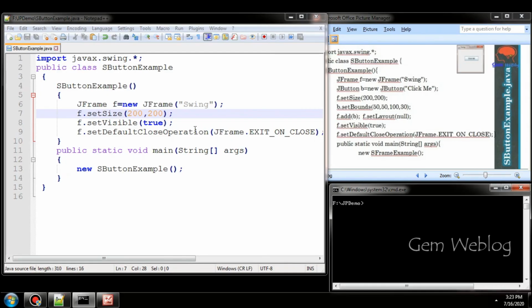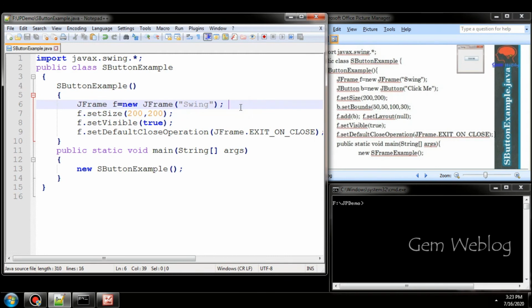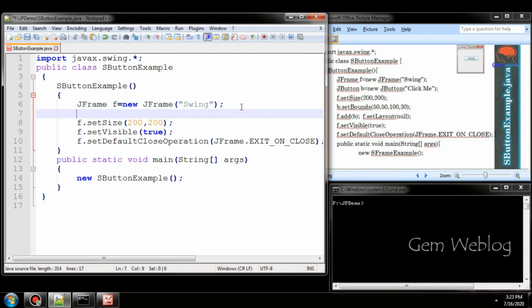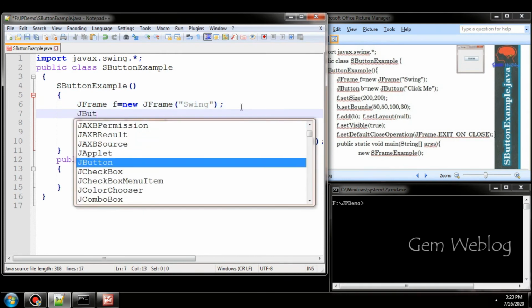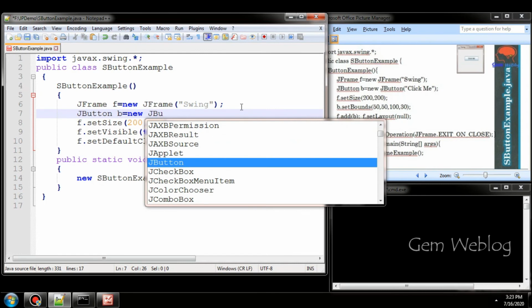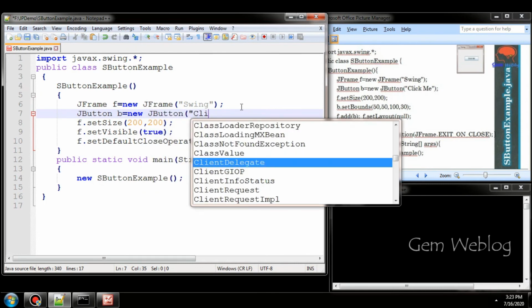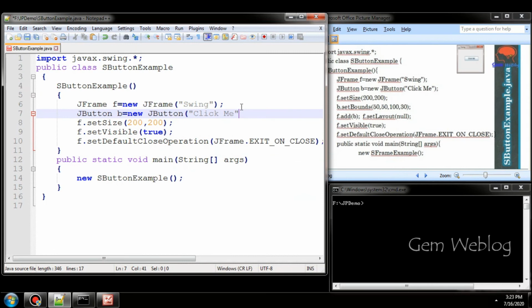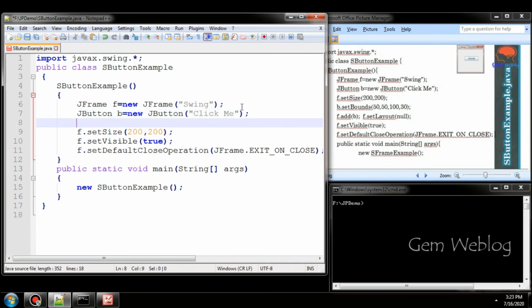Now, we will see how to create a button and add that button into the frame. First, we will create it using the JButton constructor. So, JButton b equals new JButton of whatever argument you pass, which will be added as the caption for the button.